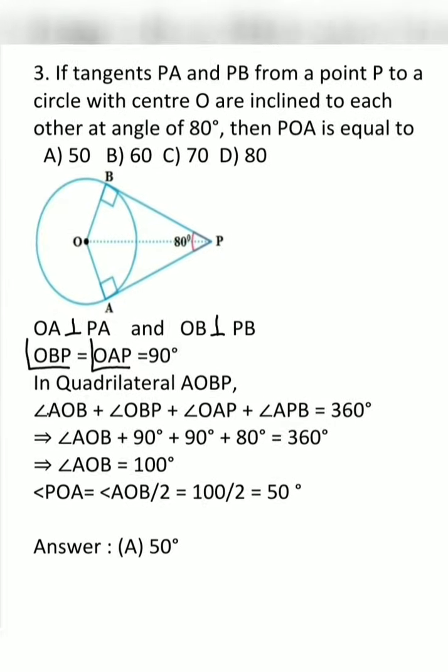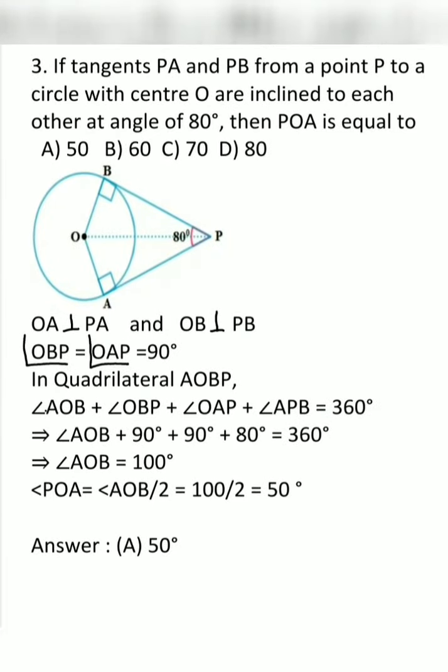Now in quadrilateral AOBP, the sum of the angles of a quadrilateral is equal to 360 degree. These two perpendiculars mean 90 degree, we know, we just substitute, and they have given this angle 80 degree. Now we should add these three angles and subtract from 360. We are getting angle